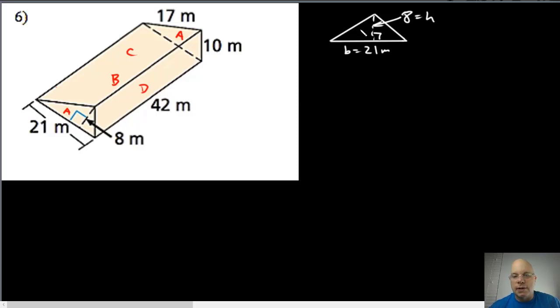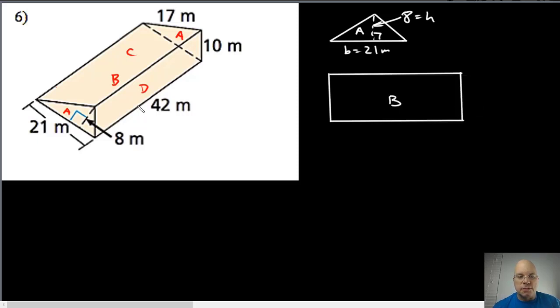Okay, so this is shape A, face A, and I know I have two of those, but I only need to draw it once. Face B would be this large rectangular bottom piece. It has dimensions 42 by this dimension here, which if I look over here I see that's 21. So the base and height of that rectangle. And then this diagonal rectangular face here, C,